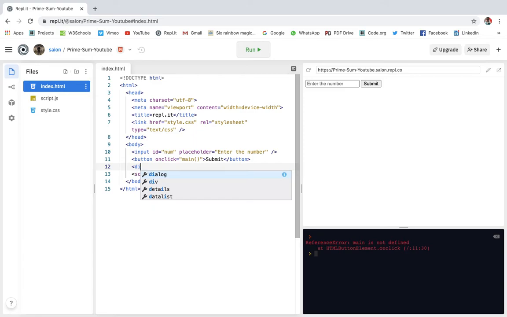Okay, so then I will make a div. Those of you who do not know what a div is, I'll just tell you. So id result. We are giving the div an id so that we can use it in JavaScript. Like we can use it like this: document.getElementById result dot innerHTML. I will explain the innerHTML thing when we reach it.